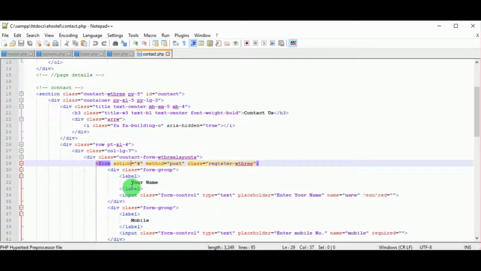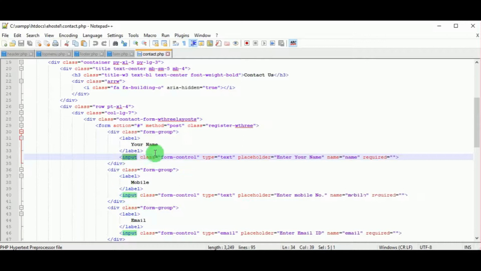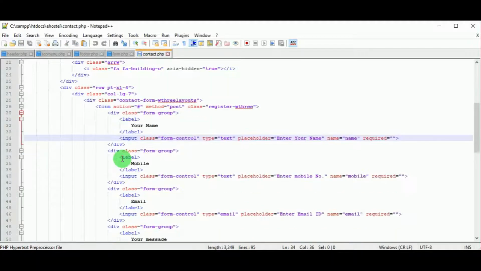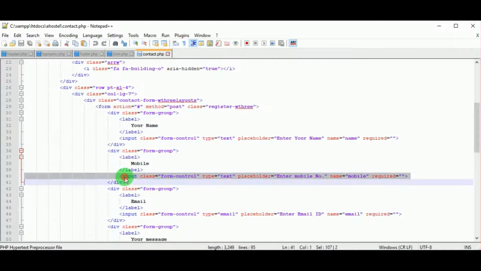So this is a simple form. There is a label in which you will be writing the name or any field names, and there is an input type where the type is text. The input text box is used. Next, for the mobile also again a text box is used.